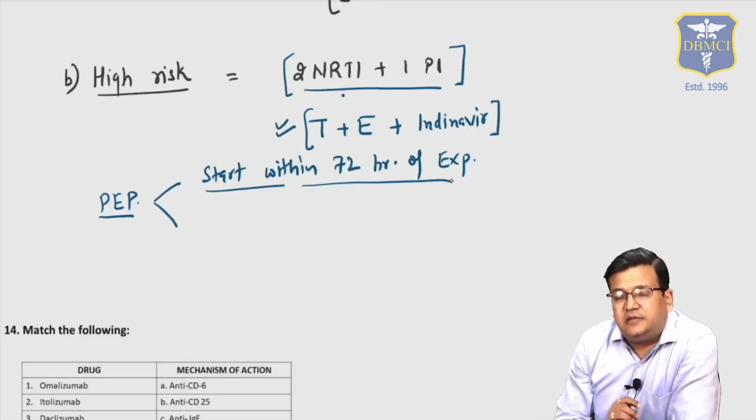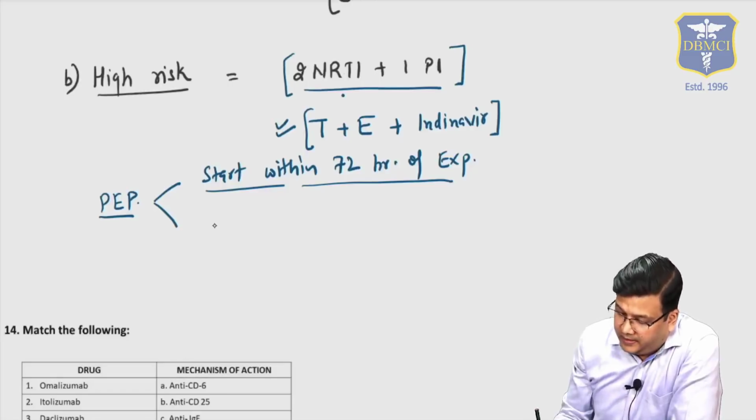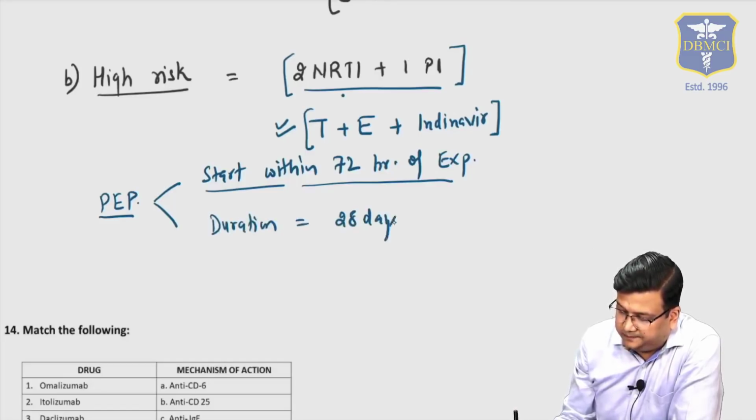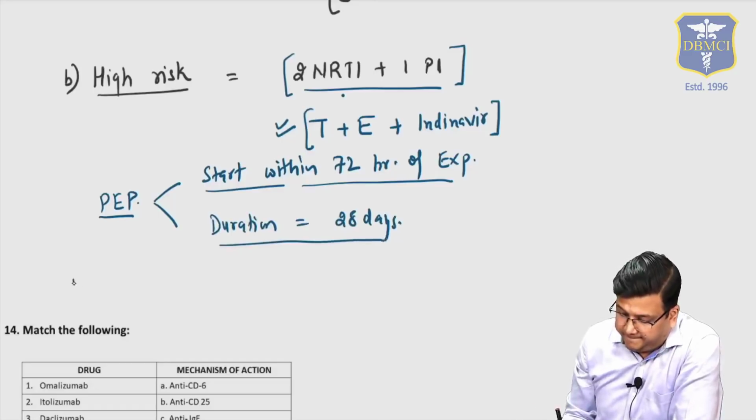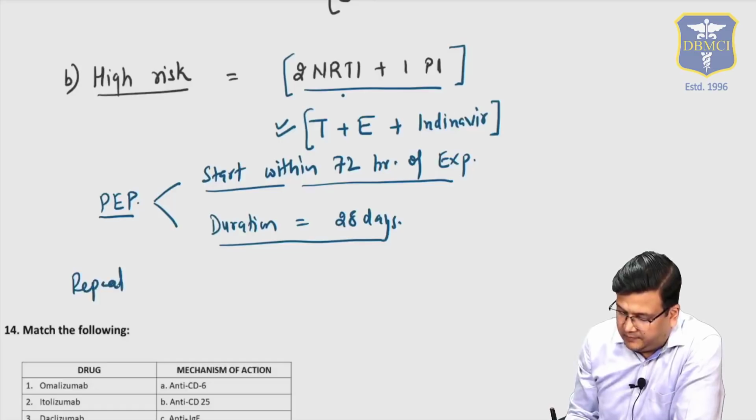We have to start within 3 days of exposure, and duration is 28 days. Then repeat viral markers